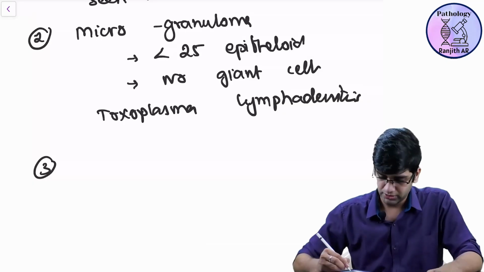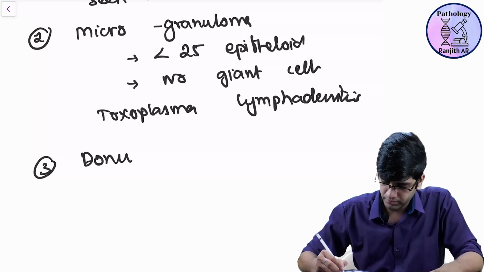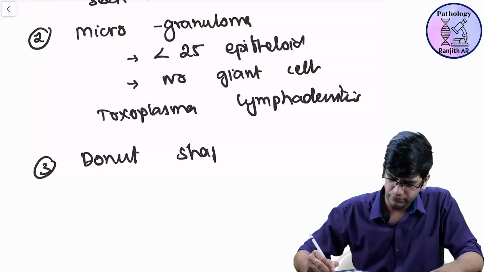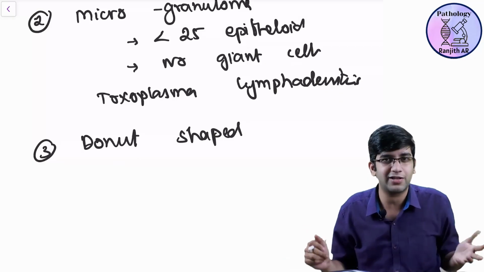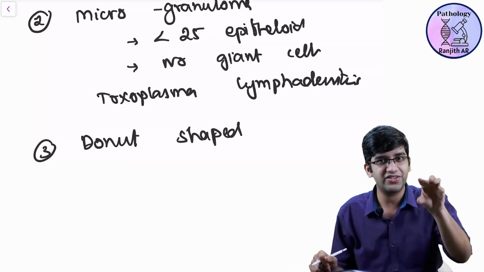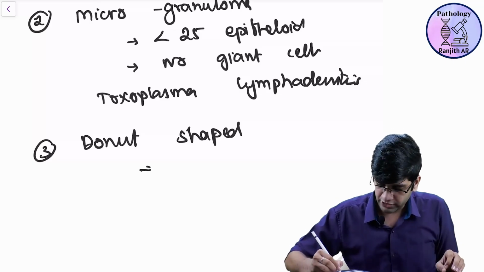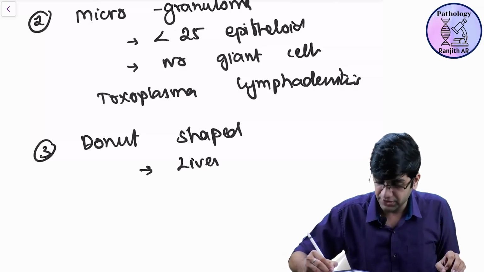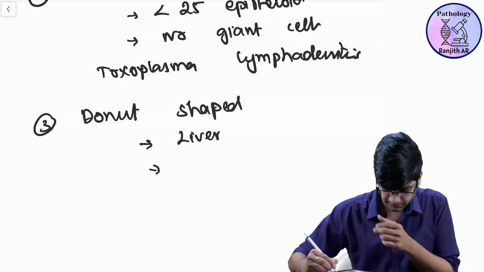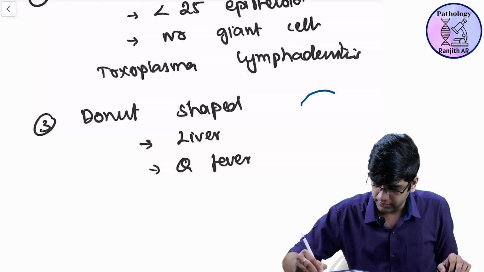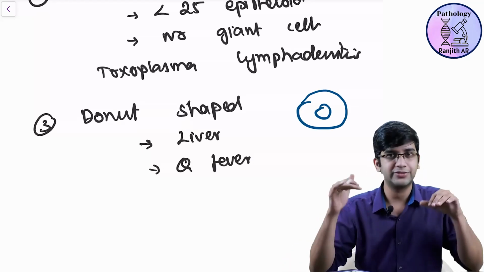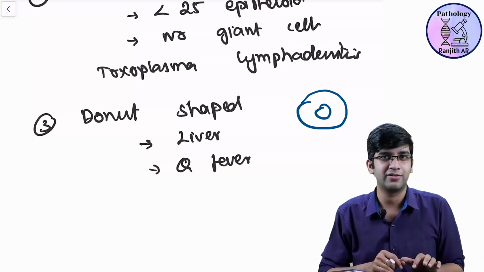just variants of granuloma. Donut-shaped granuloma. Okay? Just the shape looks like a donut. I must have called it a vada-shaped granuloma. A granuloma with a central hole. Donut-shaped granuloma is especially seen in the liver, in Q fever. Again, I'll put the image in the image bank. It looks like a donut. The central hole looks like a donut, right?